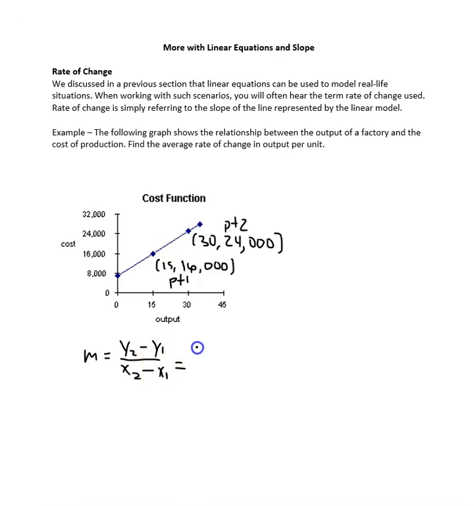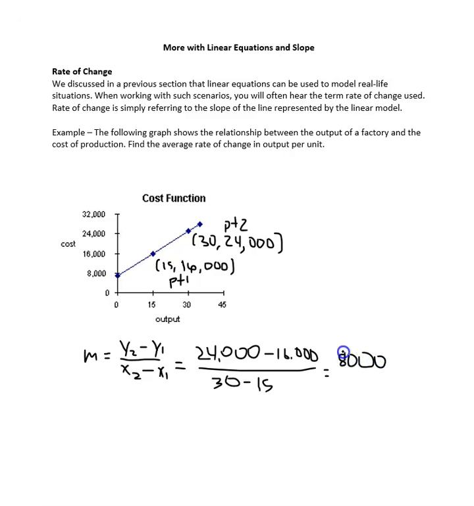So my y2 value is 24,000, minus my y1 value of 16,000. x2 is 30 minus x1 of 15. So I end up with 8,000